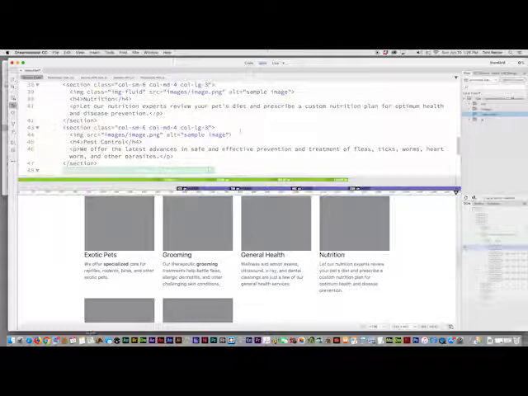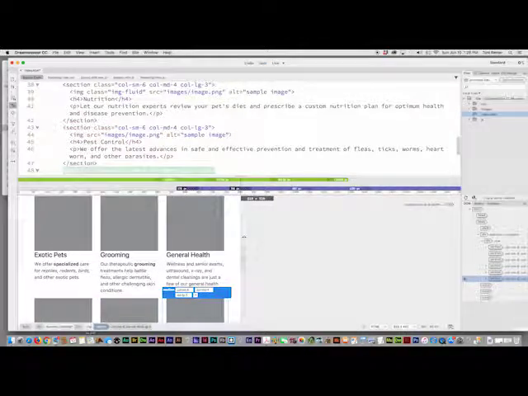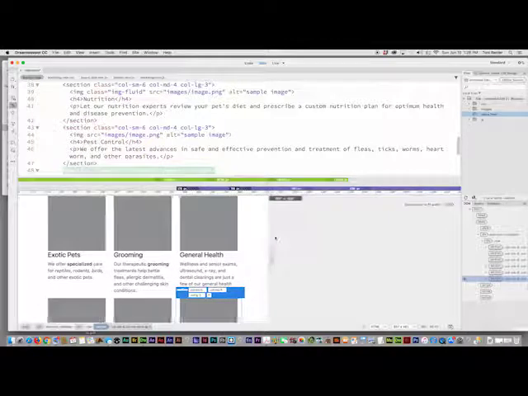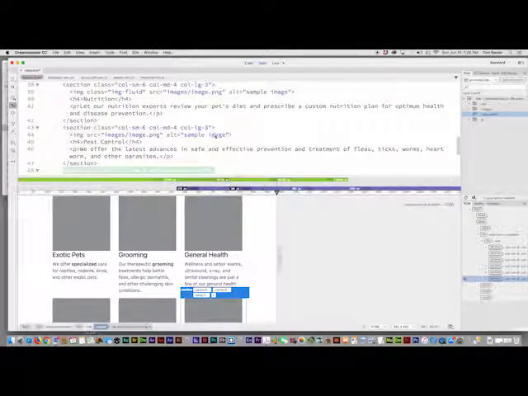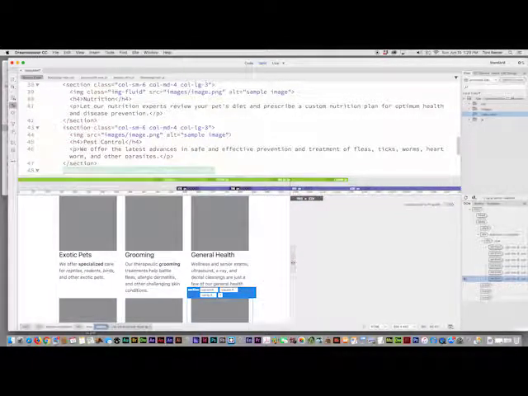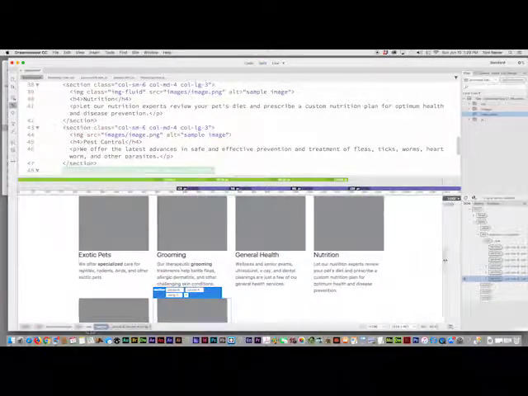So now when you get to the large screen, this is what it's going to look like. It's going to fit into this, where each one is going to be 3 columns wide, no longer 4. As I break this down and I close my window, you'll see as soon as it gets to that 768, now I have that 4 column grid because I have that in here. Medium is 4. So as soon as I get to this 992 right here, it's going to snap back to now 3 columns